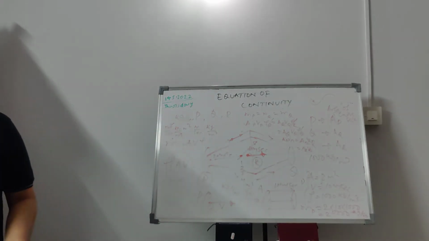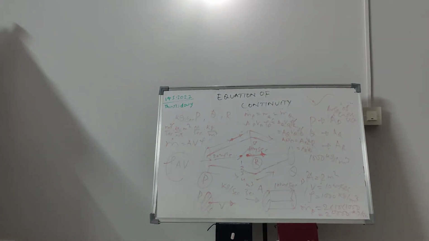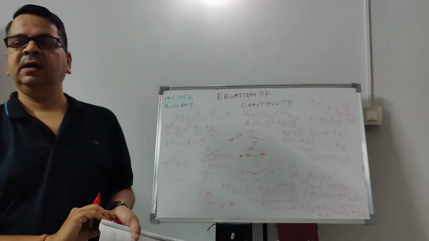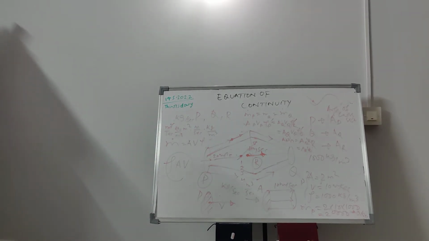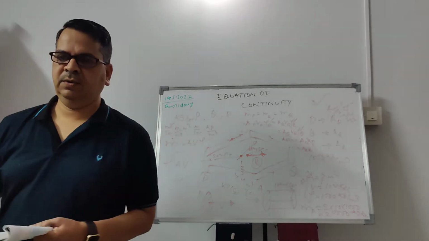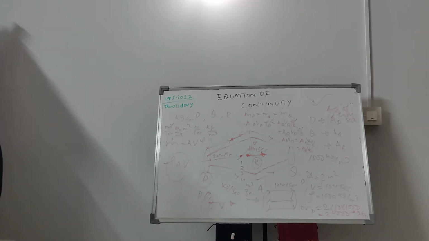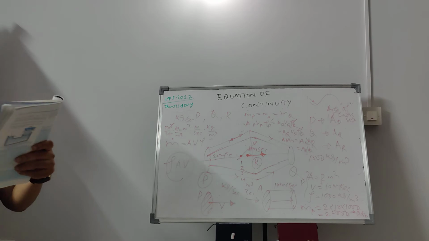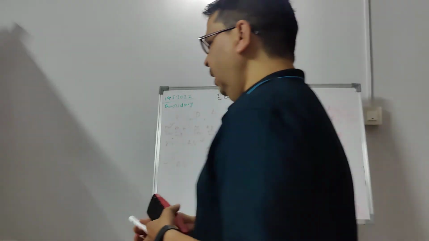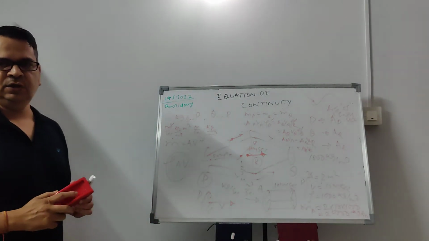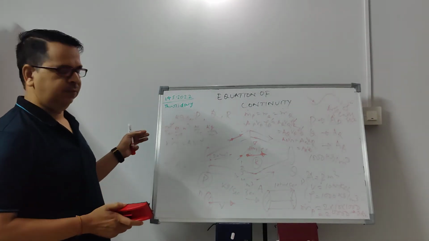So if the density remains constant, the volume flow rate remains constant throughout the tube or whatever. The volume flow rate remains constant. Then that is called your equation of continuity. This is a very important equation in fluid mechanics. Equation of continuity: A1 V1 is equal to A2 V2 in